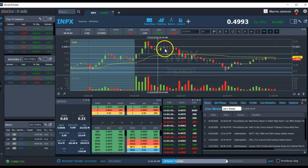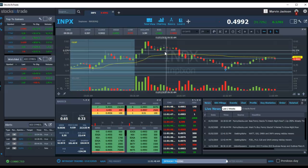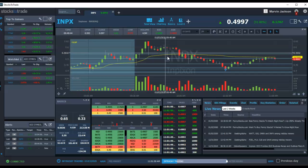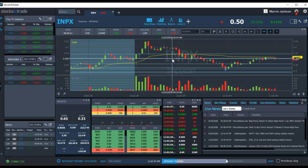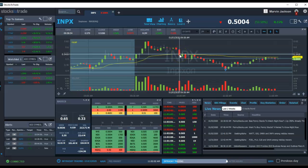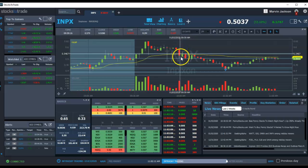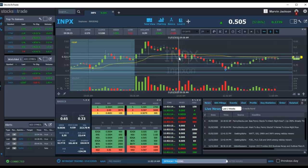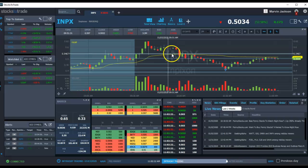Now, once I got back in, around 650ish, I was locked and loaded. I'm looking and I'm like, okay, this is a good place to buy, but I don't like buying dips if it's less than 10% under the VWAP. VWAP was right here at 54. This is at 50. Really, you need to go here and more. So if it pulls back just under VWAP, I want it to pull 10% or more underneath VWAP, because then I know I've got a 10% move back to VWAP, right? So anyhow,